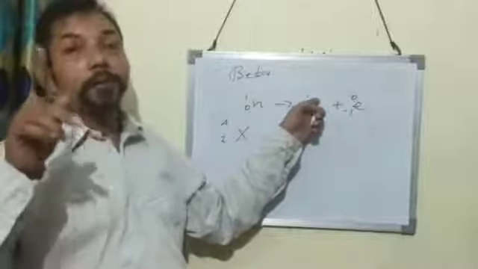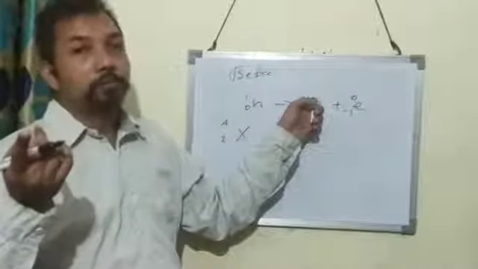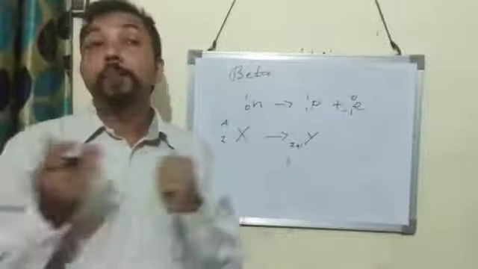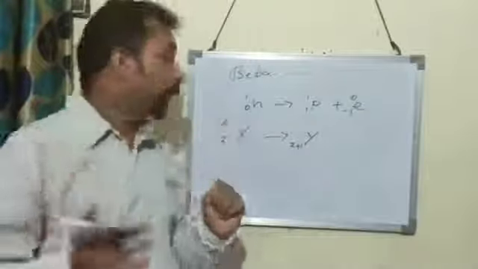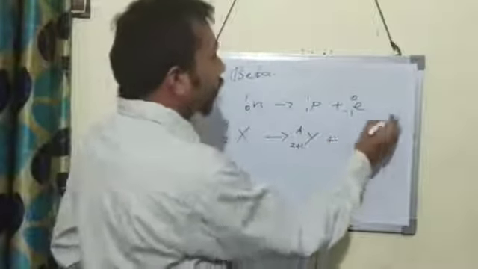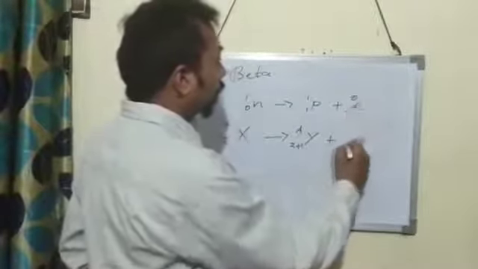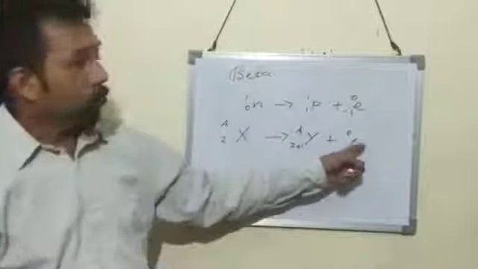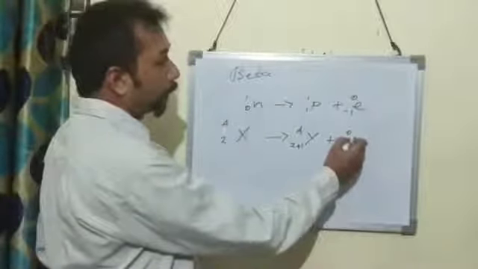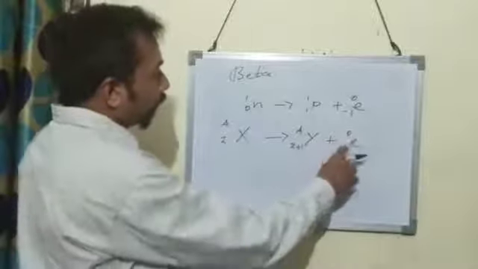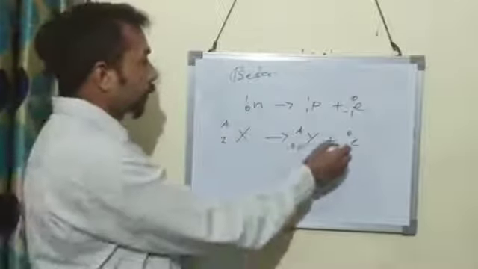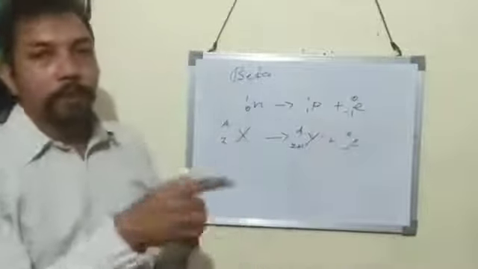The mass number is the sum of protons and neutrons. The proton's number increases by 1 and the neutron's number decreases by 1, and the sum of protons and neutrons remains the same. So the mass number remains the same, plus this beta particle. A beta particle is the same as a fast moving electron. We represent the beta particle by writing an electron. The electron has a negative charge, that is why -1 is written. Now you can see both sides are balanced: Z plus 1 minus 1 is Z, and A plus 0 is A.